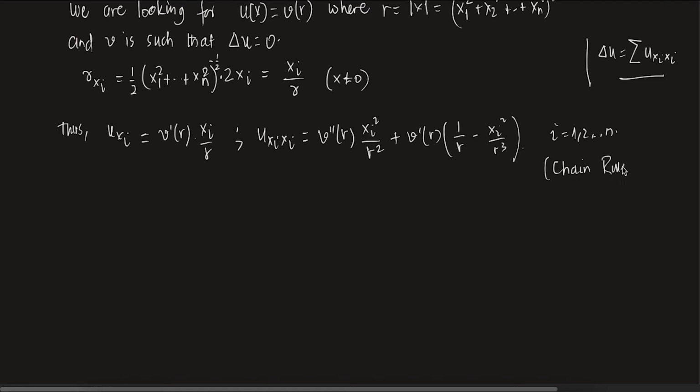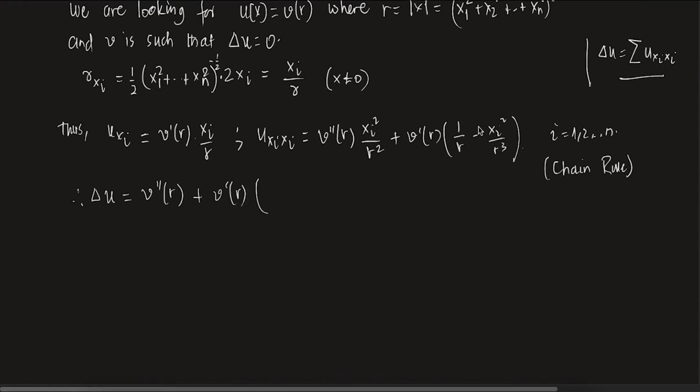Chain rule. Okay. Now, therefore, Laplacian of u is what? Laplacian of u is equal to v. You take the sum from i equals 1 to n, that's Laplacian of u. When you take this, what is happening? This is independent of r, this is independent of y. You are getting summation here. So that's r squared by r squared, that it becomes v double prime of r. Clear? Plus v prime of r.